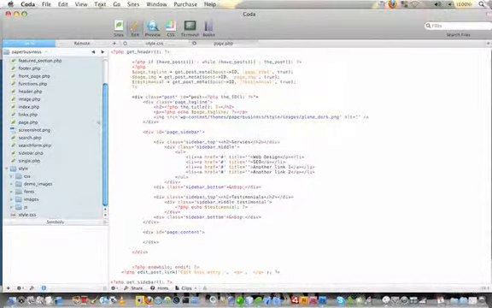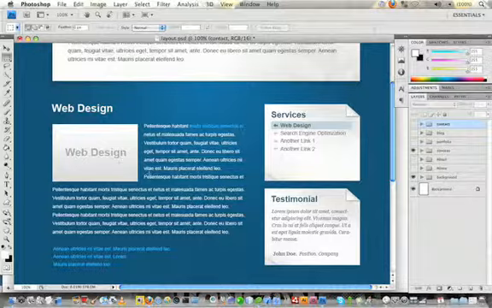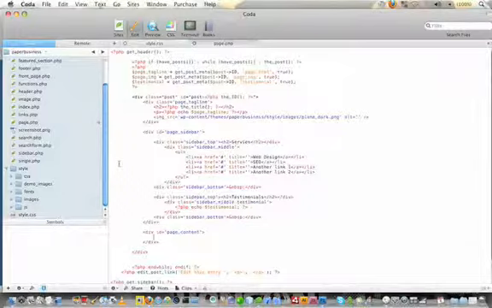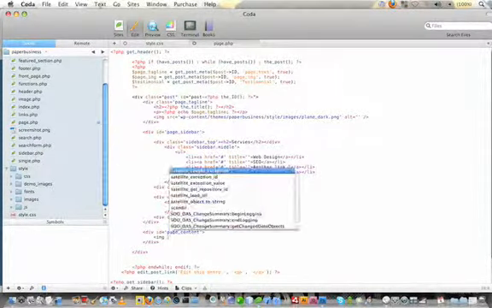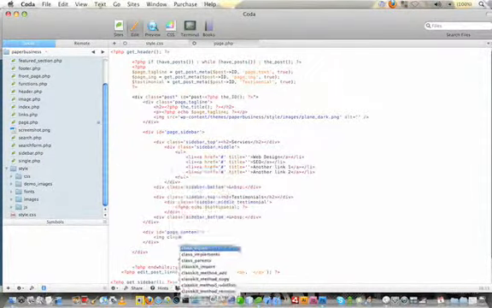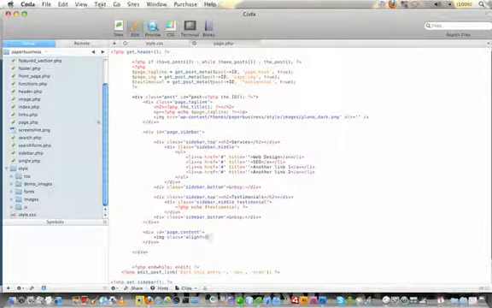Alright. Now the first thing we're going to do is we have that little image that floats to the left of our content. So what we'll do is we'll add an image class of align left, page image. So we're giving it two classes here. Align left is a class that comes with most WordPress themes,